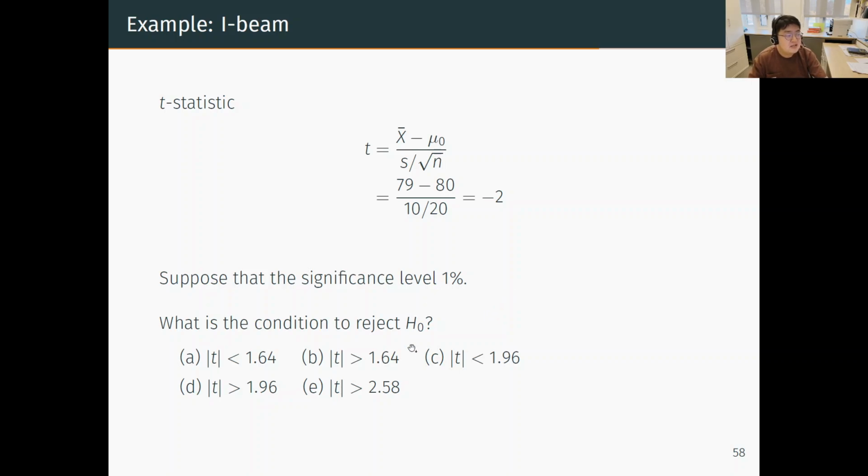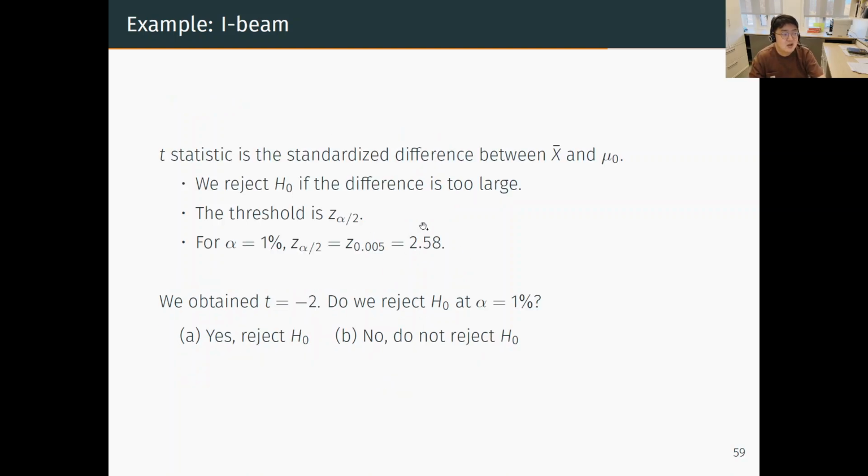Now you have to find a number that corresponds to the significance level of 1%, right? That means on the standard normal distribution, you have to find 2 points that makes the tail probability 1%. That is 2.58, right? You may remember. So this is 2.58. That is the threshold, the cutoff at the 1% significance level. Okay. So then,